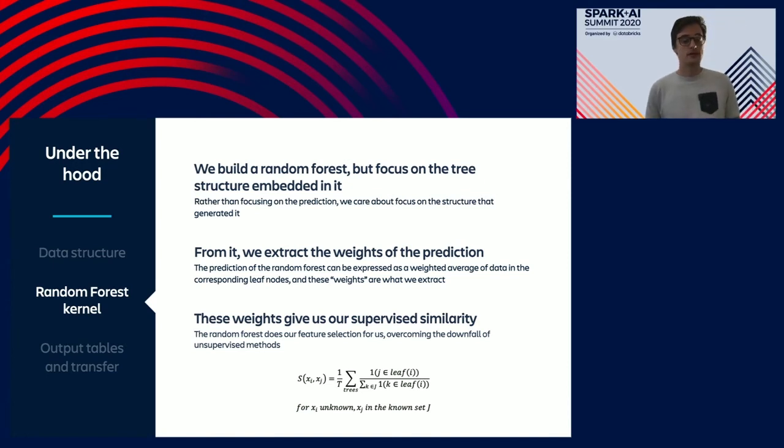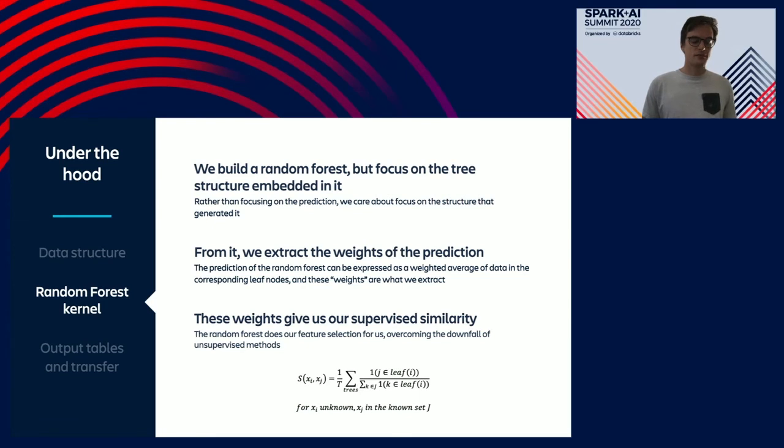And that random forest is great for us compared to other kernel or similarity methods because the supervised element provides feature selection in defining similarity, as opposed to other methods like k nearest neighbors, which treats all input variables equally. And the tree structure makes it simple, as we don't need to pre-process, normalize, or homogenize any of our features for a distance calculation. Now, once we have these weights or similarities, we dump those and the scored out model output into our data lake.